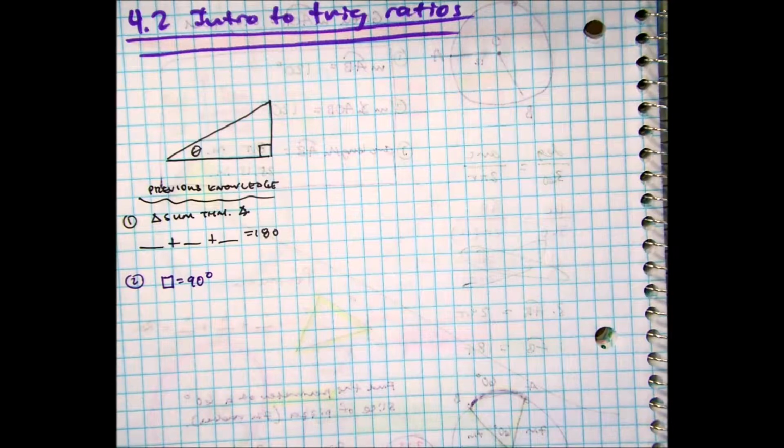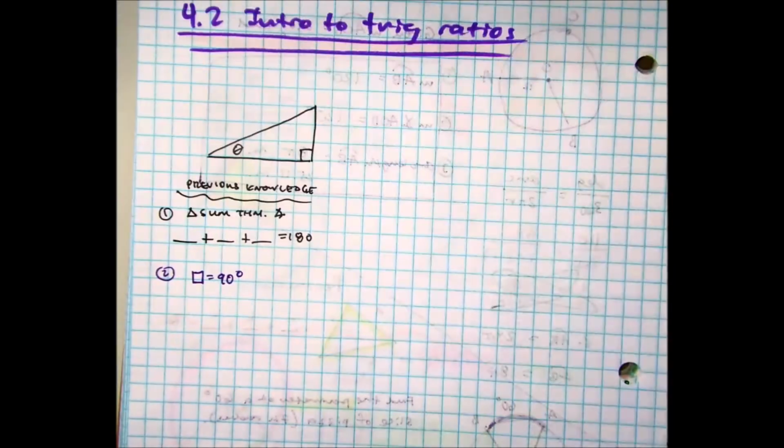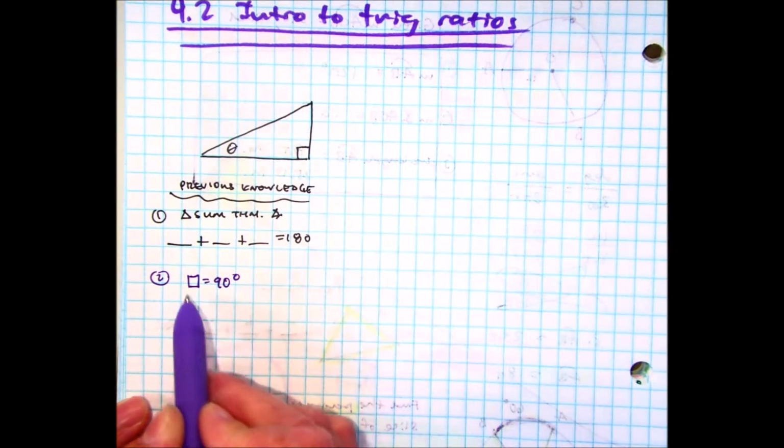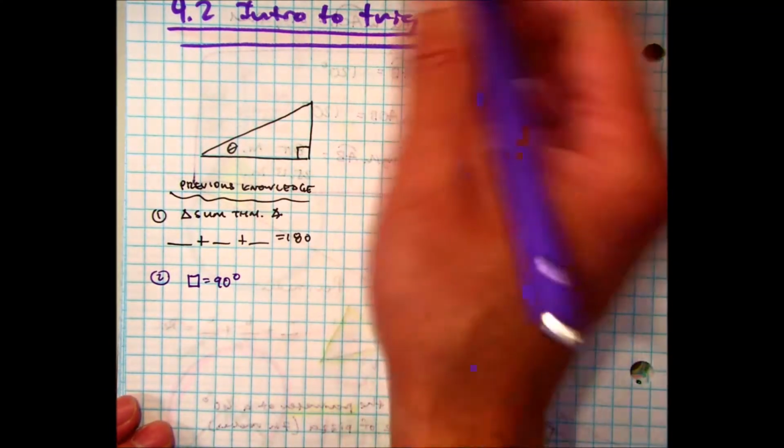So, intro to trig functions, there's a couple of things. I have here a right triangle. It's a right triangle because it has a box there, and that box is equal to 90 degrees. So if I draw a triangle like this,